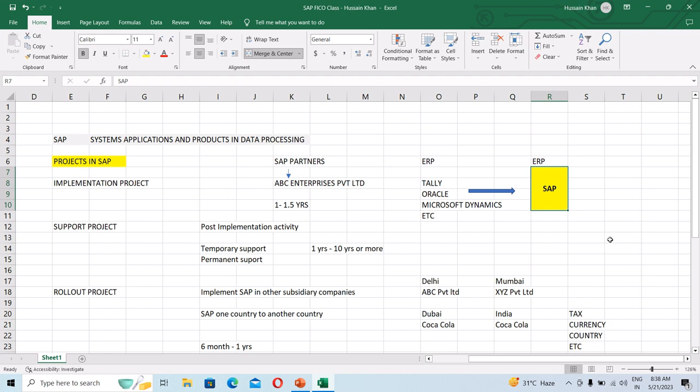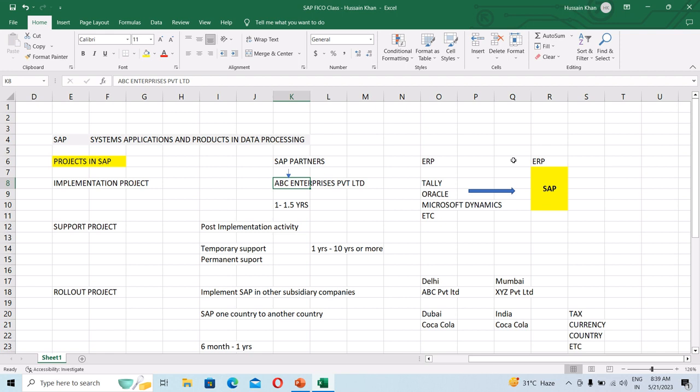SAP partners are basically those who provide SAP services, as in there are a number of companies available in the market who provide SAP implementation or SAP support, or the complete SAP service. So these are basically the SAP partners, right? This company ABC Private Limited would get in touch with the SAP partner, and they would say, hey, I want to use SAP ERP software in my company. So please suggest what is the best solution,